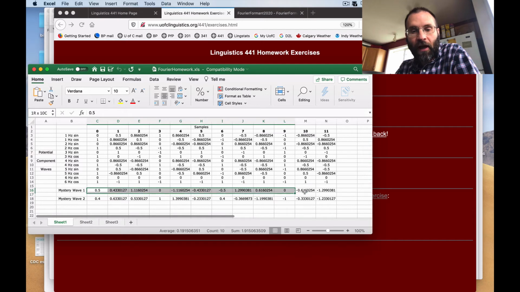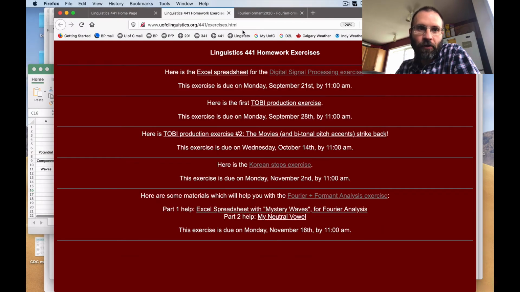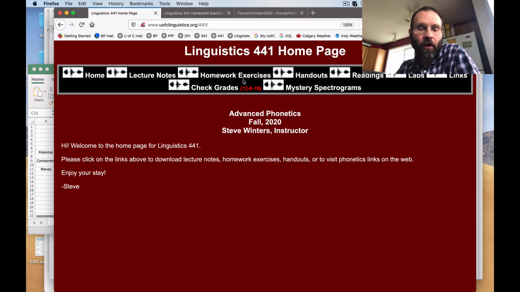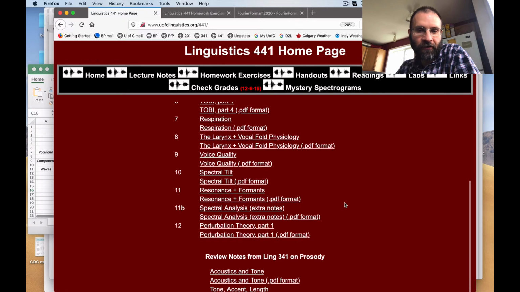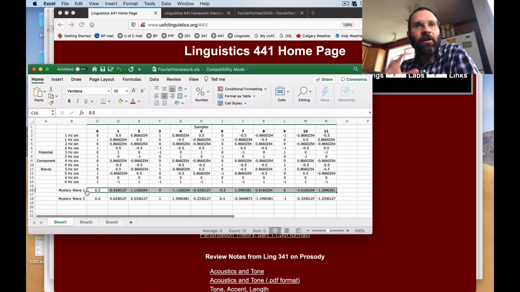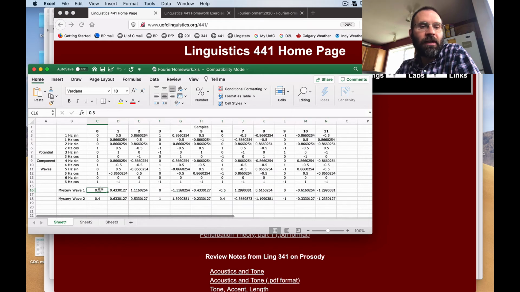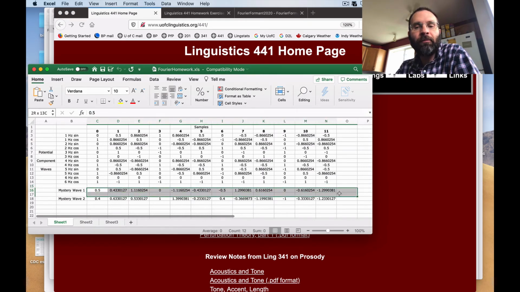Use these. So this is optional. This will only make sense if you have read through those extra notes that I posted, but did not post a video lecture for. These extra notes on spectral analysis walk you through how to do this process. So you can apply a Fourier transform effectively to these particular mystery waves and figure out what their component sine